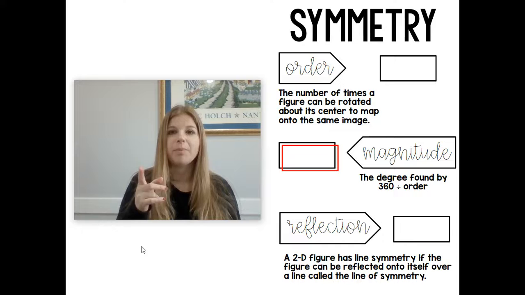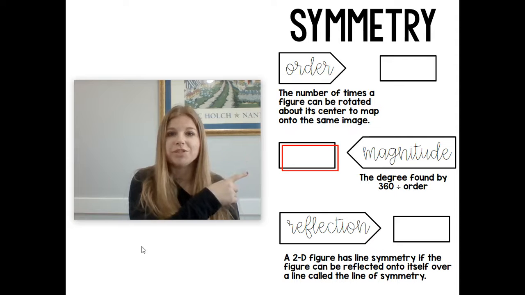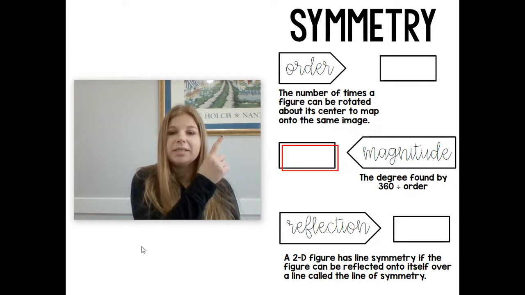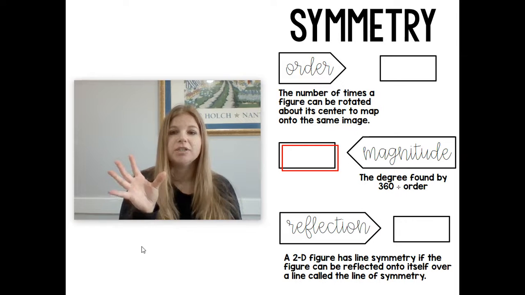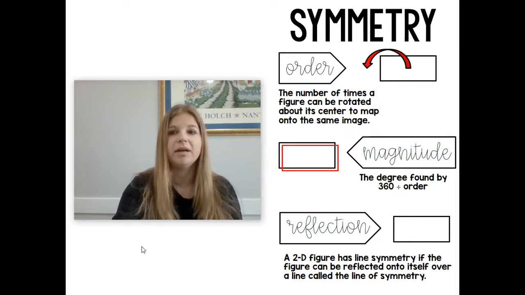So the first couple words that we're going to talk about are order and magnitude. Order and magnitude go with rotational symmetry. Order is the number of times a figure can be rotated about its center to map onto the same image. So, for example, if I had a rectangle like I have here, I would be able to rotate that rectangle